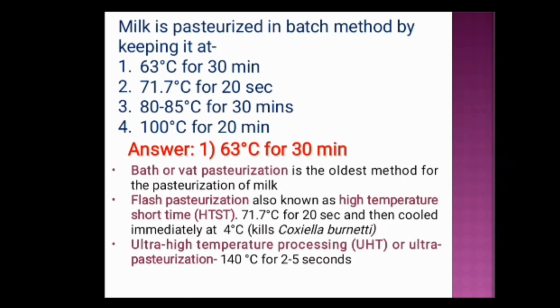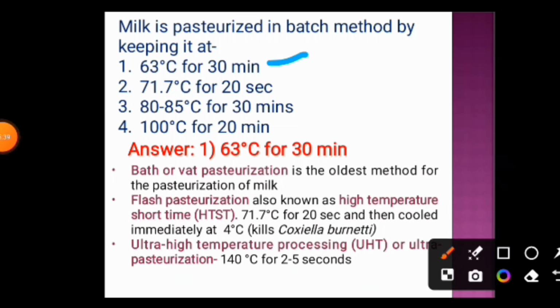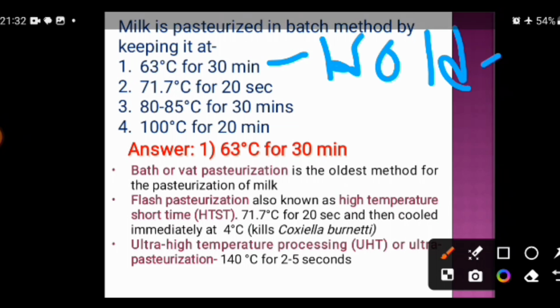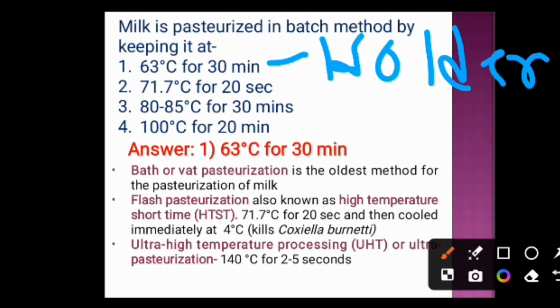This batch method or VAT method of pasteurization is the oldest method of pasteurization of milk. It is also known as Holder method of pasteurization. That is, 63 degrees centigrade for 30 minutes is the Holder method of pasteurization, and the 71.7 degrees centigrade for 20 seconds is the flash method of